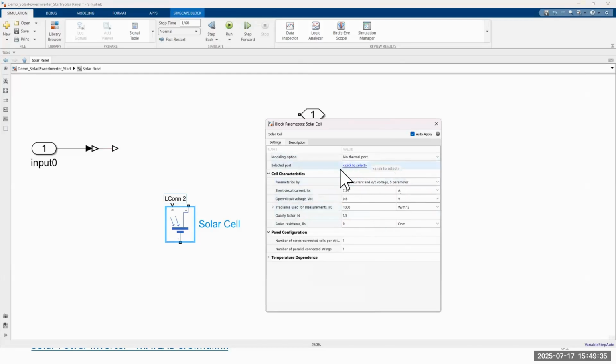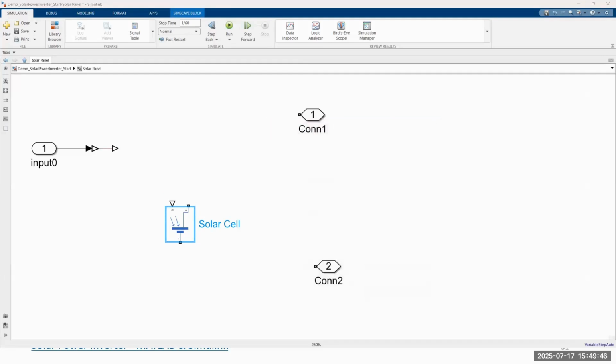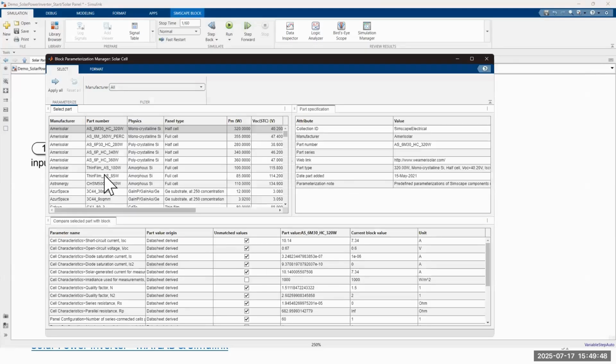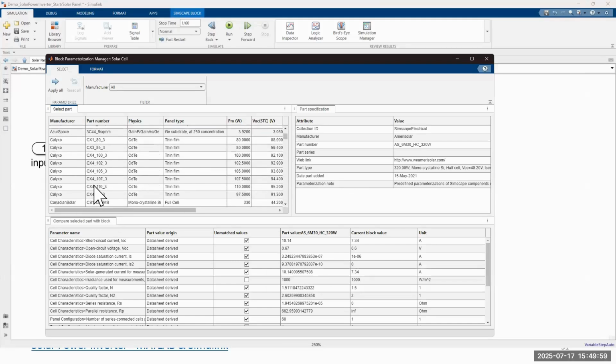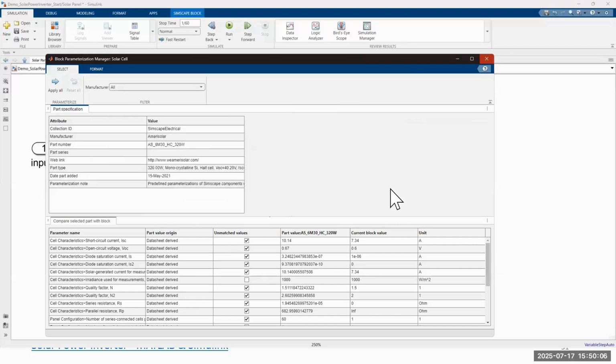From here, you can select some components that are already parameterized within MATLAB and Simulink, which is available in Simulink itself. So these are libraries you can use, for example, if you are using commercially based solar panels. You can also use this application.